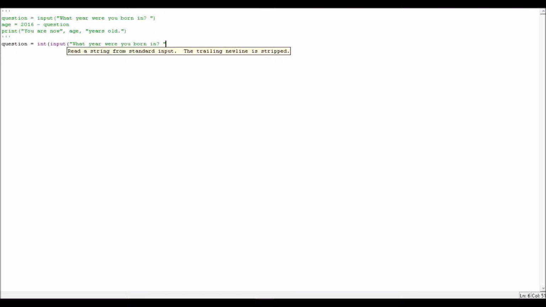Now instead of just putting one parenthesis, as you can see here are two parentheses. It's like maths, what you do on the one side you have to do on the other side. So we put two here to end it off, and two here to start it, and two here to end it off. Then we go on and make a new variable, which is going to be age,